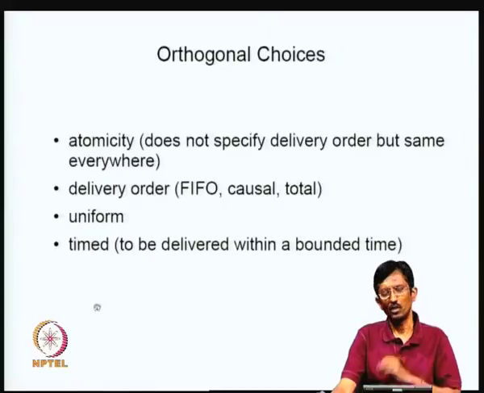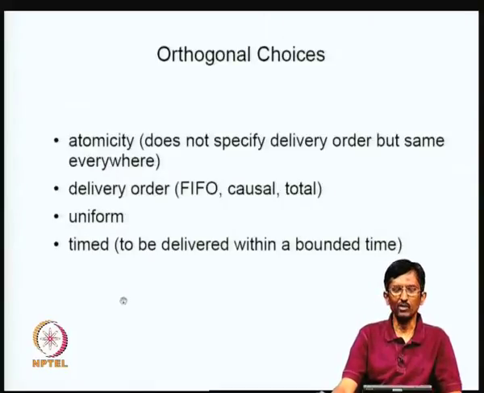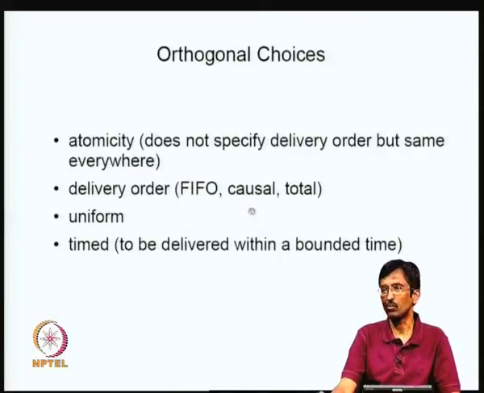Okay. And each one of them has certain difficulties. For example, dynamically uniform is far more difficult. Similarly, causal requires you to keep track of vector timestamps. That's more difficult than, for example, if you don't have any delivery order specified, etc. Okay. So, this also requires some kind of synchronization. So, there are various levels of difficulty in all these models.